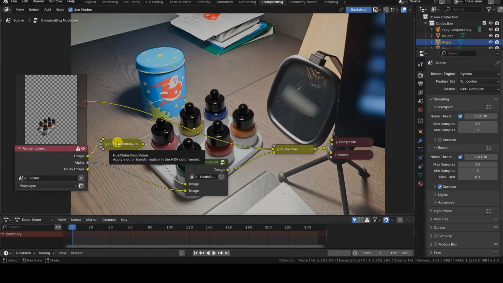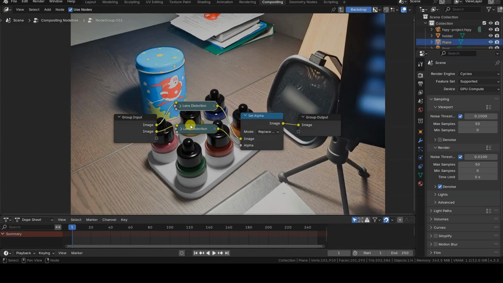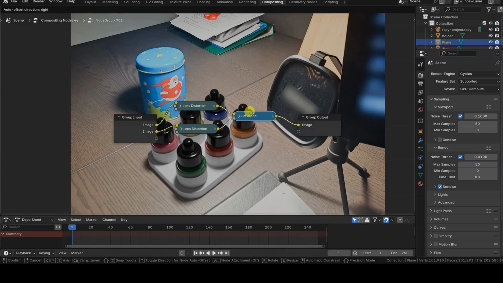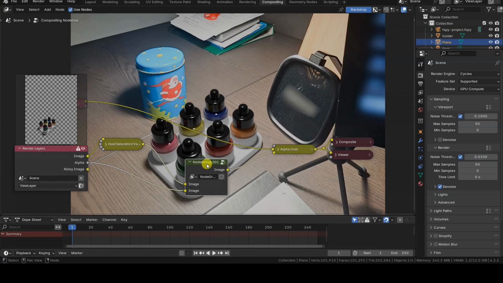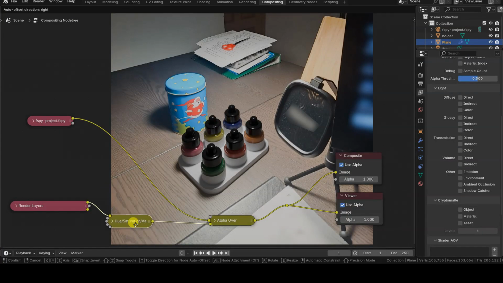However, this small project isn't over yet because I haven't shown you how to process the shadow catcher information separately in compositing, or how to further modify the image of the 3D model, for example, by adding some distortion with lens distortion. I'll cover these topics in the next tutorial.